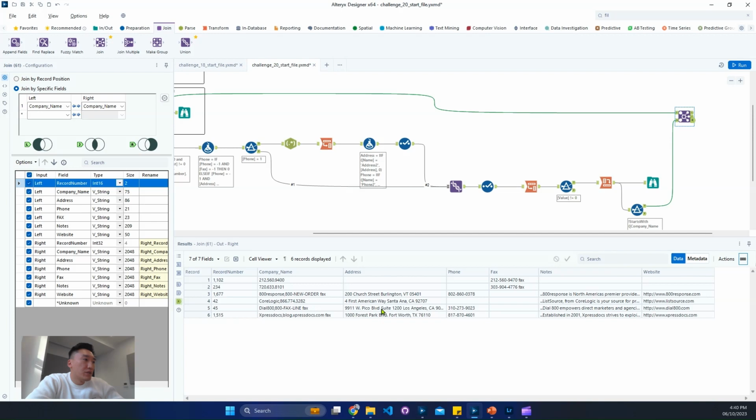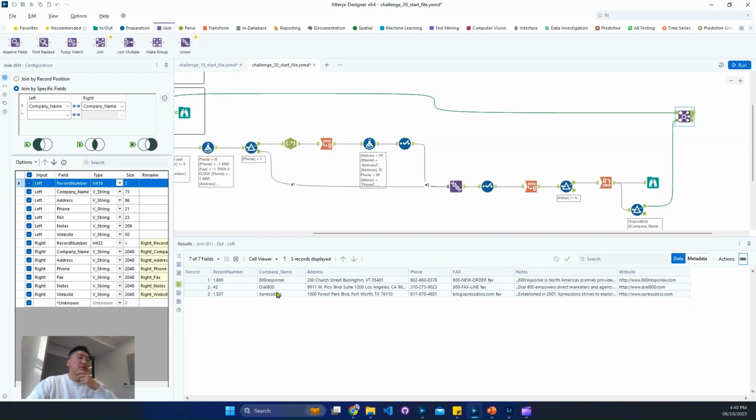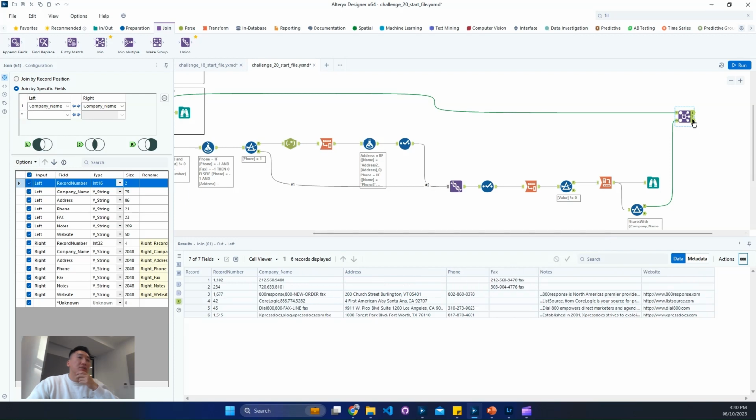So we have three companies we didn't join correctly. Their company number is fine, according to the training. The company name didn't parse out correctly. 800 Response Style, 800 Express D. Express D. Yeah,